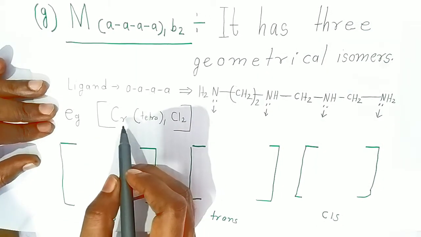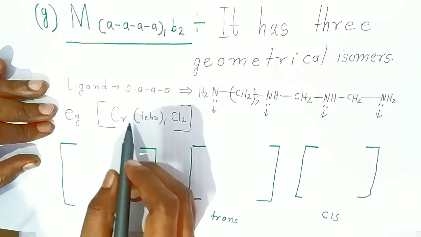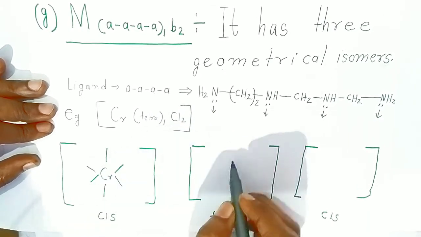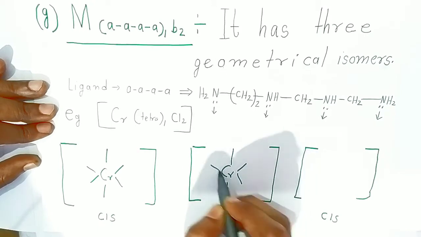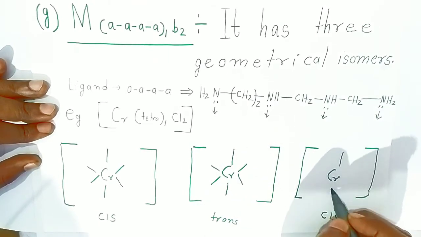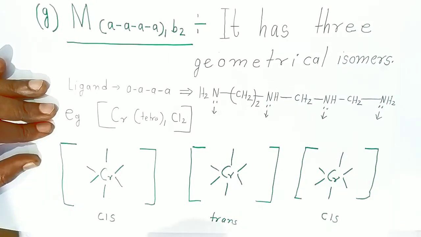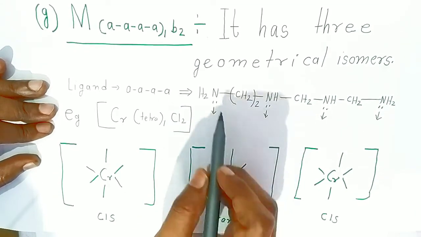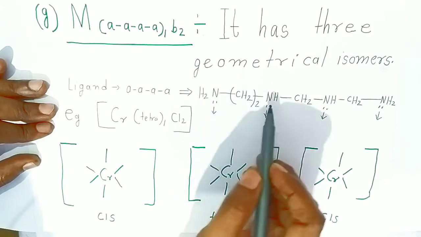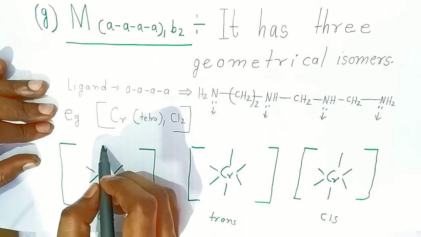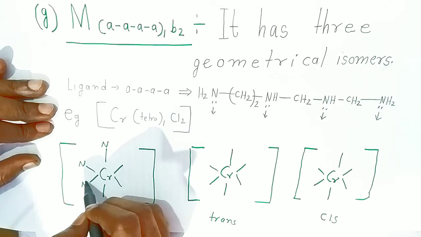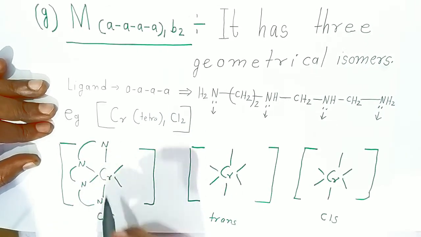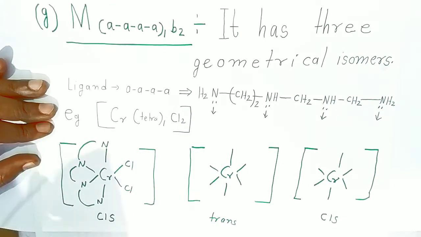Now here students, again chromium you have taken at the center, so you have to write chromium at the center of this complex. In all isomers, geometrical isomers, chromium will be at the center. Okay students, now you are going to put this ligand, tetradentate ligand. Now students, because here ammonia, total how many nitrogens? 1, 2, 3, 4 nitrogens are there. So if you are putting all nitrogens of this tetradentate ligand, which are donating lone pair, this side, we call it cis complex, and chloride will be on the other side. And this is one cis type.